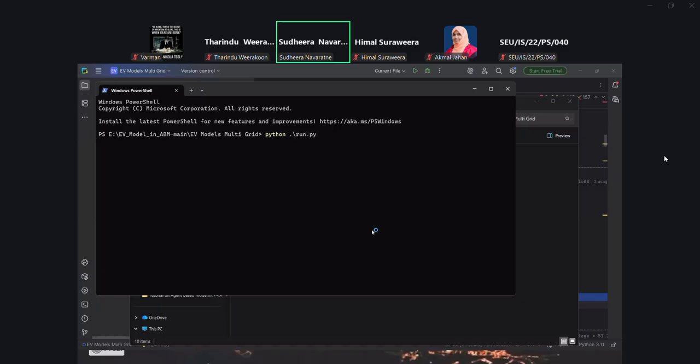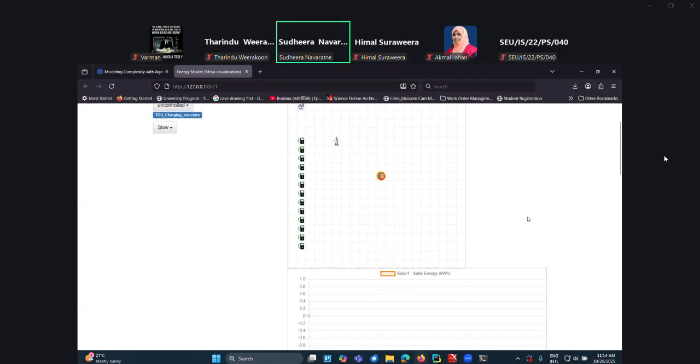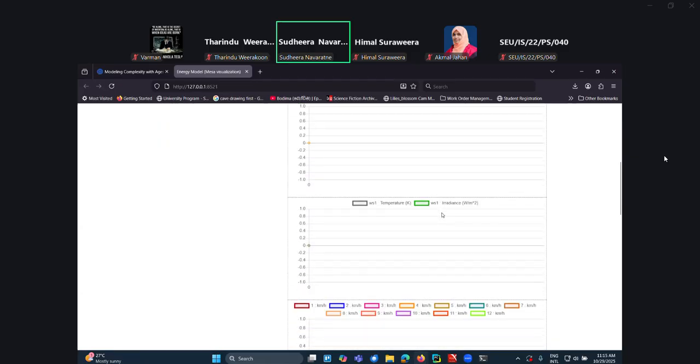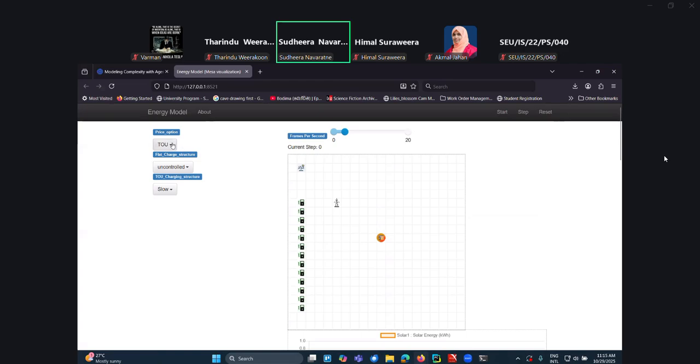If I run this, this is the interface. You can see certain graphical interfaces there, which you can use to set up the model as you want, and then you can plot certain graphs. You can choose different scenarios. In this electrical system, you have a tariff.